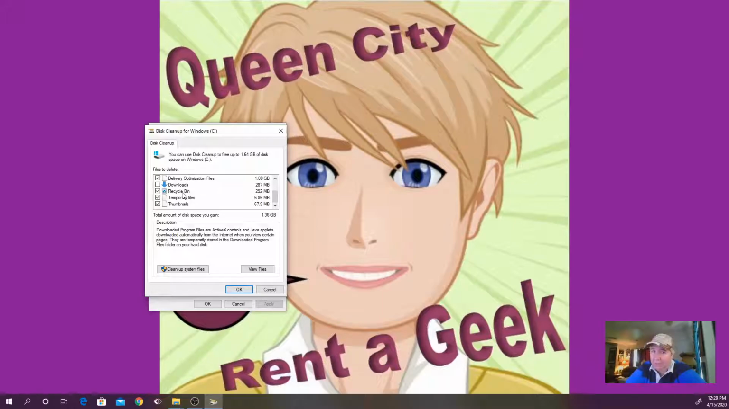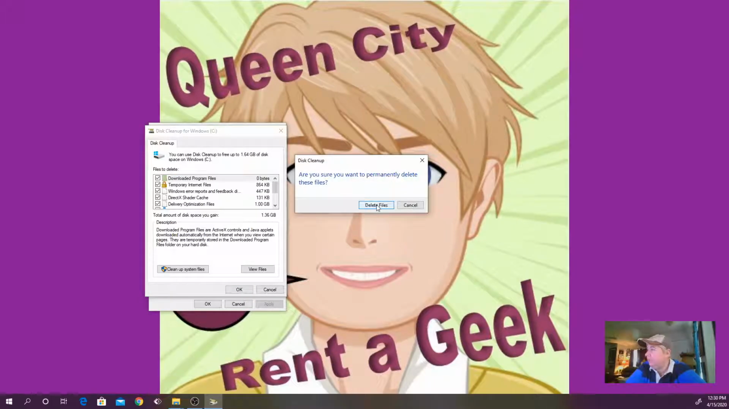Whatever's in my recycle bin, I don't need. I'm going to let go of it. Temporary files are just what it sounds like. They're just files that are temporary. They're not files that you need to have, and the computer will recreate what it needs as you go. Let's see here. Anything else on this list? No, there is nothing else on this list that I need to get rid of. This is going to give me an extra 1 gigabyte of disk space. So I'm going to hit OK, delete files,